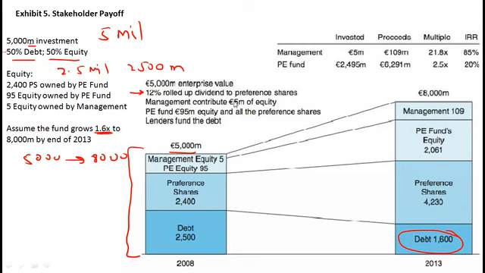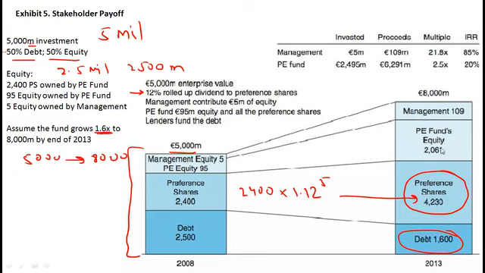So how do you figure out how much money the preference shareholders put in? 2,400. If they are getting a 12% return all rolled up and at the end, how do you think you got this number? Yeah, exactly. It would be 2,400 times 1.12 to the power of the number of years, which is 5. That will give you this number. Obviously our overall pie here is large enough to also pay off the preference shares, so they get this money.